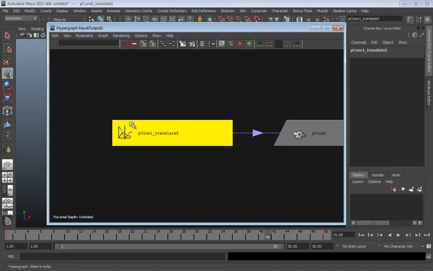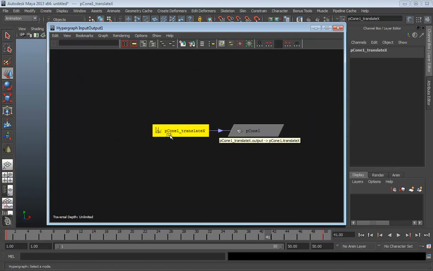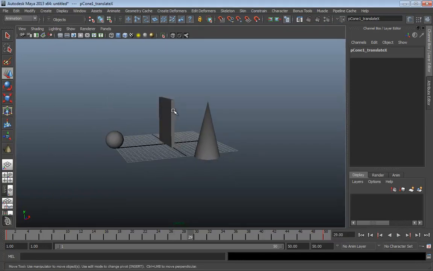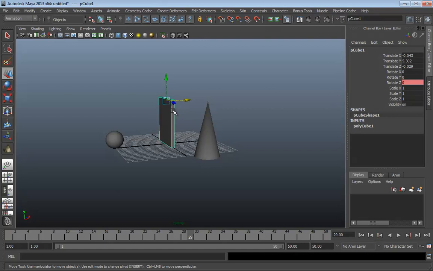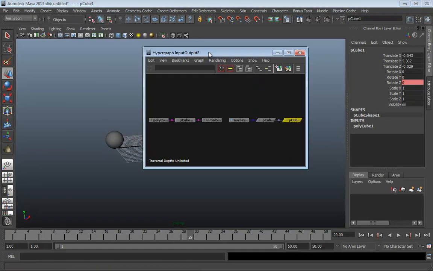Okay, it's not going to automatically show that it's driven by time, which is fine. I mean, the fact that it is automatically driven by time is enough. We know that it is because as we move the time slider, the cone moves. Now watch this. If I select my door, or my little cube here, and go back to Window and open up Connections, and bring my window back over,